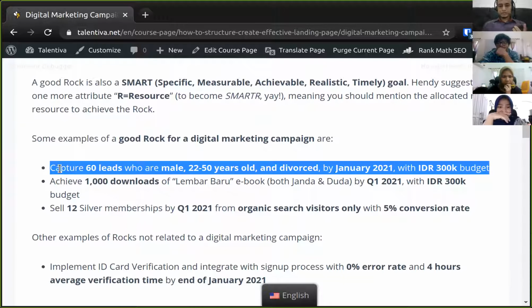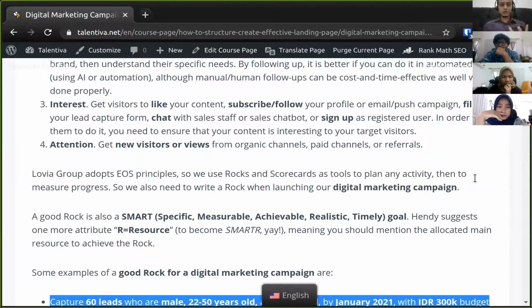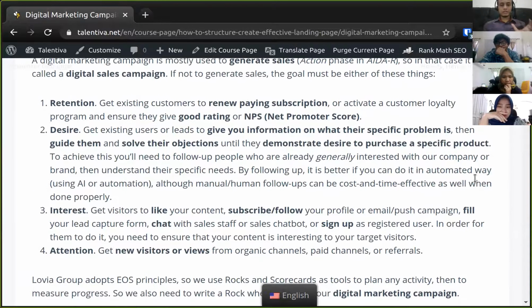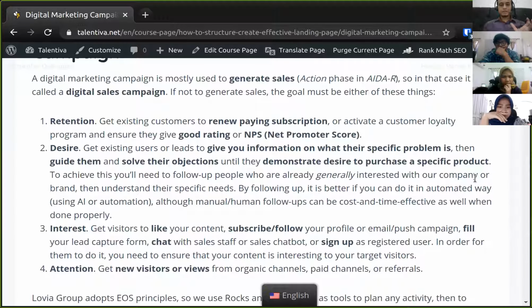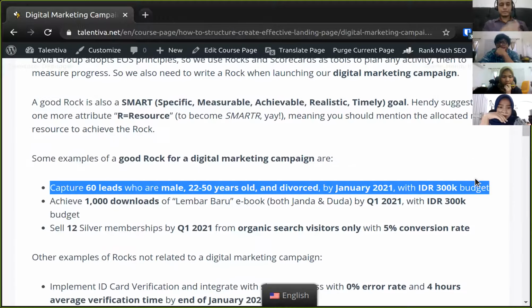So the first one, we can have a ROC that is capturing 60 leads. So 60 leads means that this is not an action or sales campaign. This is an interest campaign. Okay, this is just an interest campaign. So interest campaign means this person will be going to the next phase, that is the desire. So capture 60 leads who are male, 20 to 50 years old and divorced by January 2021 with 300,000 rupiah